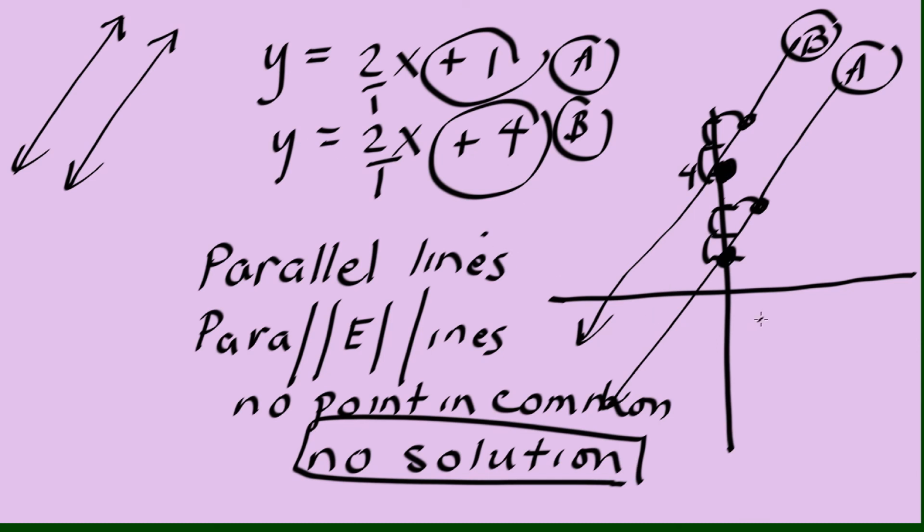When you look at the equations quickly, 2x plus 1 and 2x plus 4, it really makes sense that there's no solution for this type of system of equations